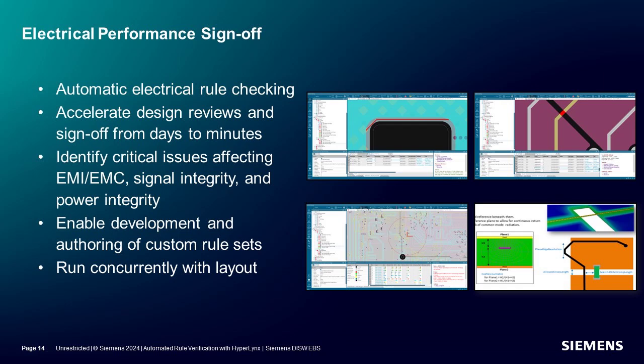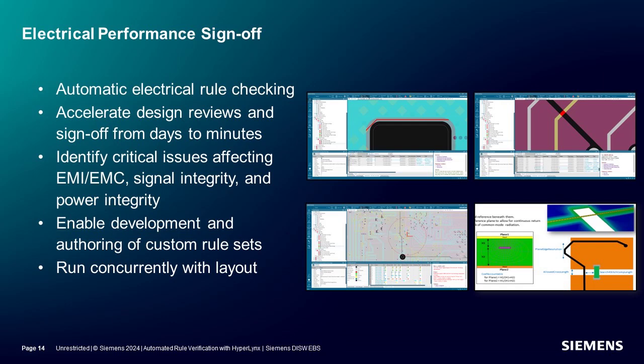Let's take a deeper look at the first stage of progressive verification, the electrical rule sign-off stage. Validation of the electrical performance of a layout is another task that's often done through visual inspection. This time scanning through multiple layers for ground return paths, potential noise sources, and many other problems. Critical issues impacting EMI, signal and power integrity can be quickly identified. The rule checks can also be used to screen the full board for problems that require further analysis using simulation.